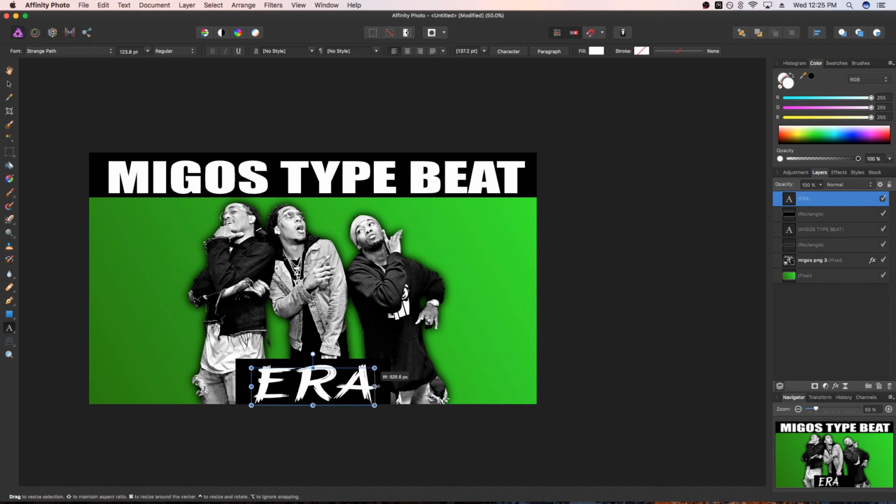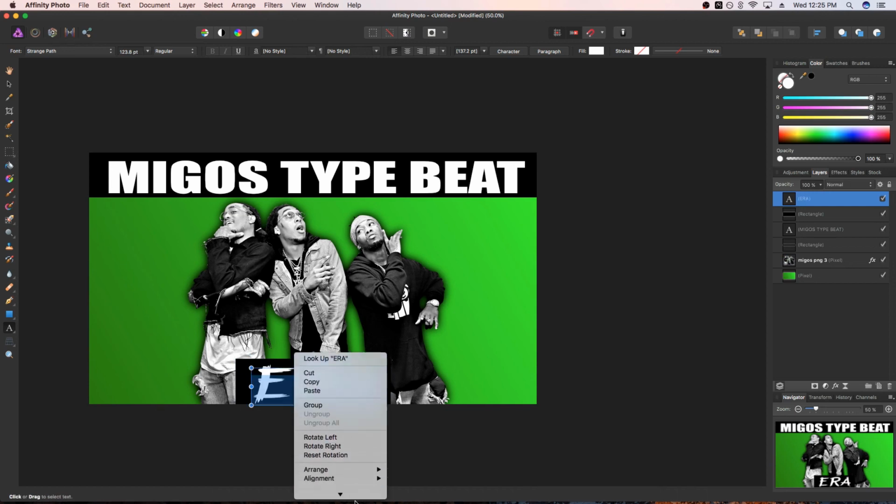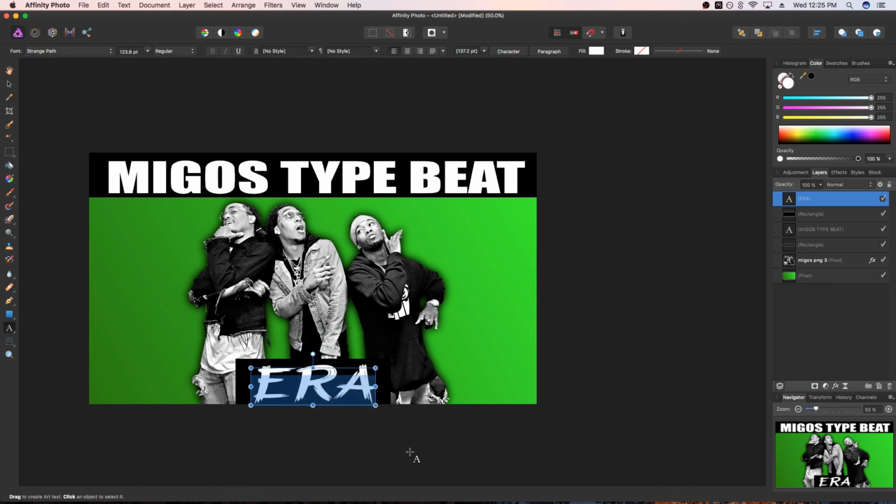And then just stretch it out to fit in this little small one, and then right click, align to center. There you go. Now some other stuff you can do to spice this up a little bit would be maybe adding era as some repeating text. I'm not going to do that because it'll take too much time, but what I can do is change